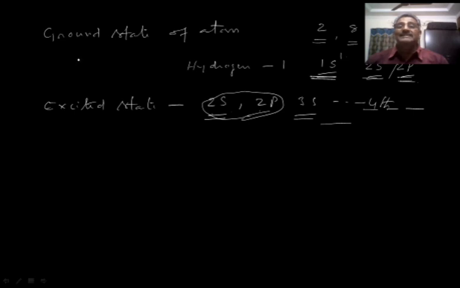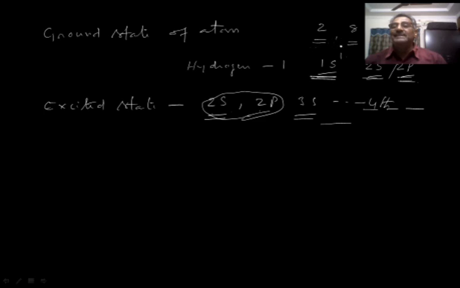The limitation is that only the permissible number of electrons will occupy those orbitals. The first energy level cannot accommodate more than 2 electrons. So we should not write more than 2 electrons in the first energy level. The second main energy level cannot accommodate more than 8 electrons. A maximum of 8 electrons can be accommodated in the second energy level. And a maximum of 18 electrons only can be written in the third main energy level, and so on.